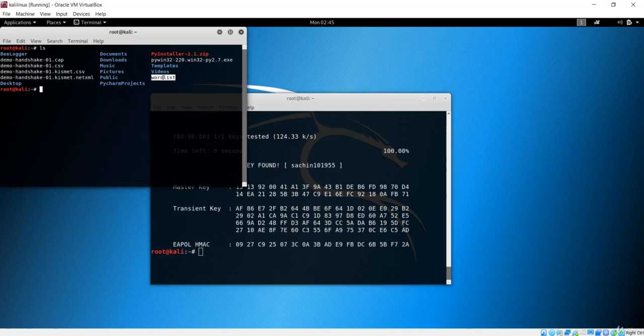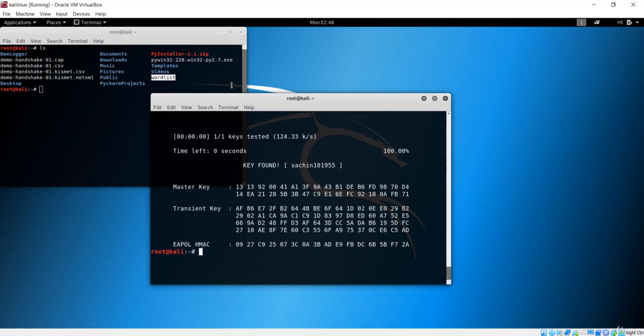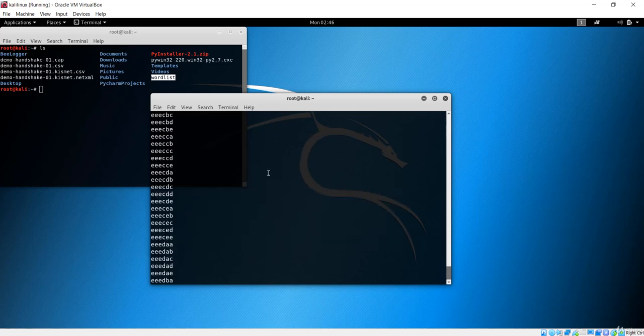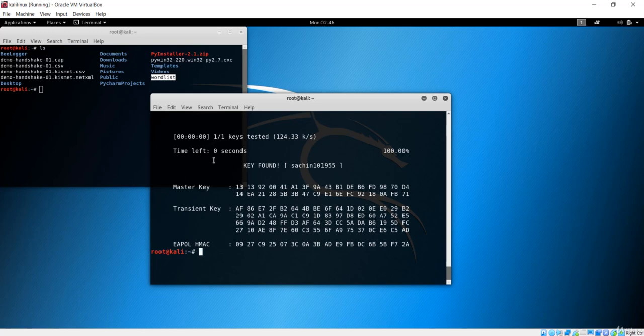Obviously the word list contained the actual password. I inserted it manually, but in a real scenario it will be very large, and it will contain many words that are not your password. That means it will process every one, and it will take some time, which is obviously more than this, because it has taken only 0 seconds in my case.